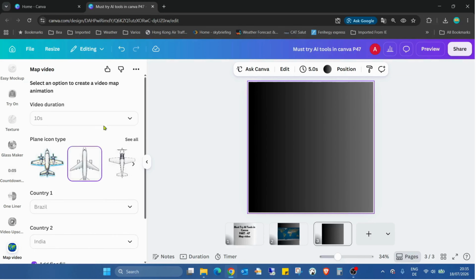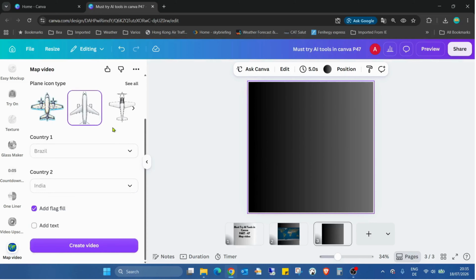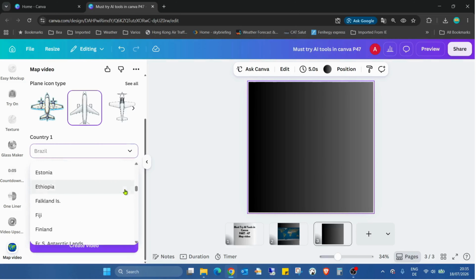Maybe use this. And we can choose the two countries, so the from to, and also we can add the flag field, so the country will be filled with the flag, or we can also add the text. So when I added the text, in this case means this is the country name. So now this Brazil to India, I would like to change